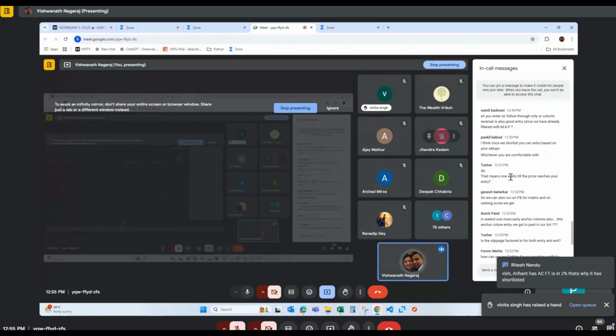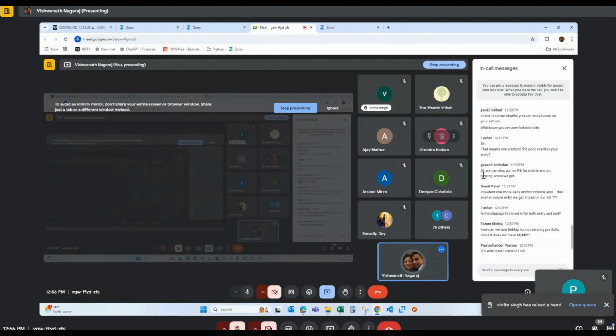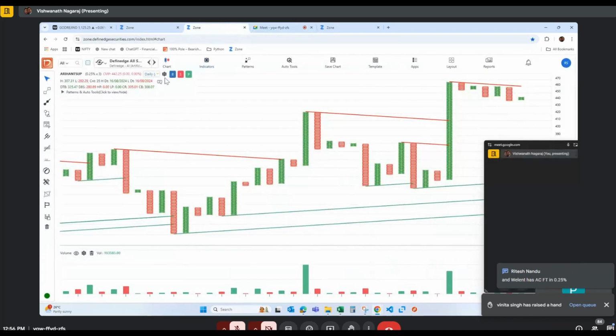So that means one waits till the price reaches your entry. You put it on the system, you put a stop loss order. Like if I'm really, really keen on entering it, I will put a stop loss order at 470 and I will leave it. Once the entry triggers, I'll put a stop loss and I will leave it. So there are different types of entry, right? When you're buying,